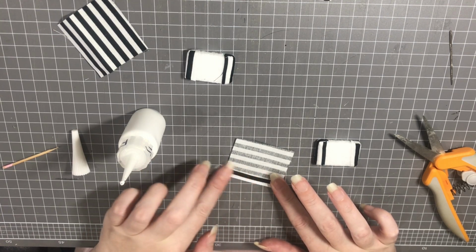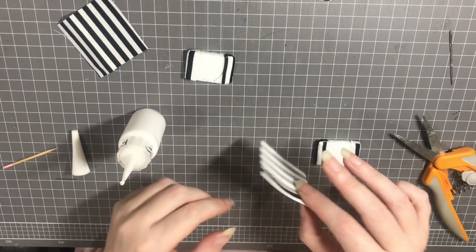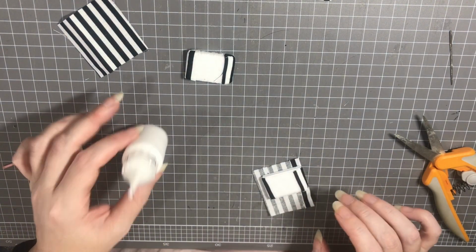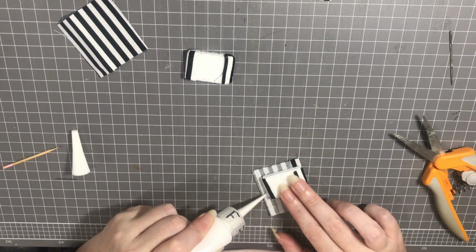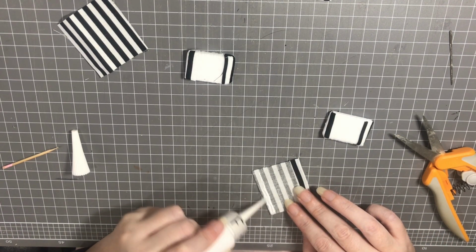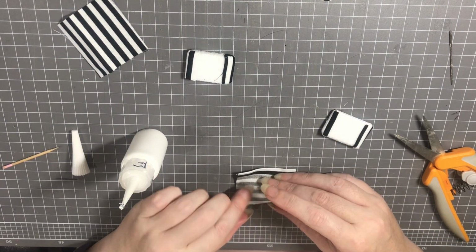So you'll see now I've taken the pieces of fabric that are meant for wrapping my arms, and I have left some excess fabric out the sides for you to be able to hem with glue, which is what I'm doing here now. So I just place the piece into the center of the fabric and I use the piece to determine how much room I've got for hemming, and then I hem in accordingly